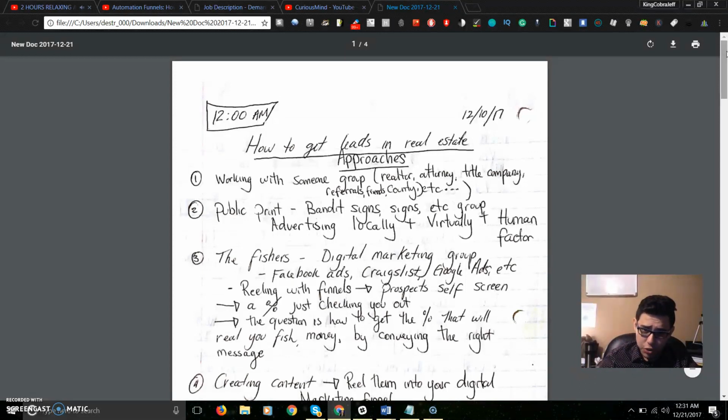You could do it virtually by posting like on Craigslist, posting on locations where you can tell the world about what you're trying to do. So anywhere that it's free and anywhere that has a lot of people, like Facebook. And of course,